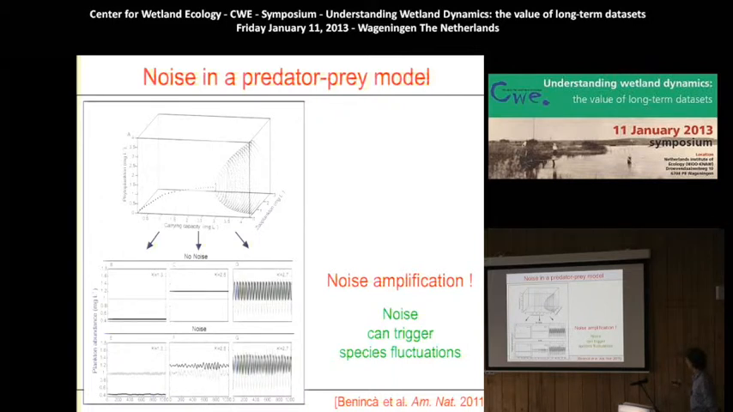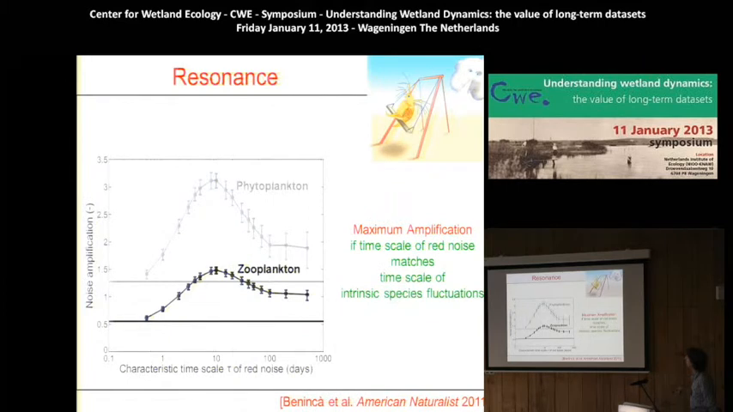It's called noise amplification. And this noise amplification depends on the time scales. So what I've plotted here is the characteristic time scale of red noise. A low value is your fast fluctuations in a cup of coffee. A very high value is the very slow temperature fluctuations in the Atlantic Ocean. And here I've plotted how strongly phytoplankton and zooplankton fluctuations are amplified by temperature fluctuations with these different characteristic time